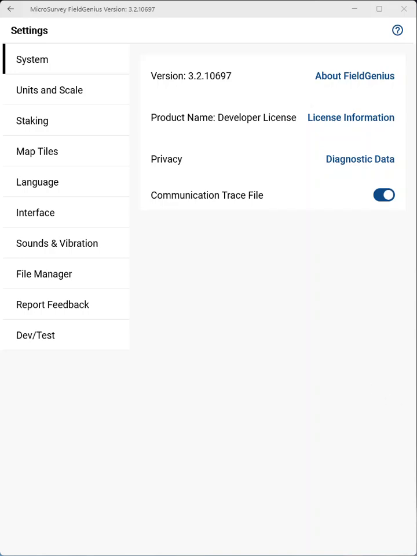Hello, this is a video where we will be talking about a new feature that has been added to FieldGenius regarding the next point name available. After reopening a project in FieldGenius 3.2 or older,